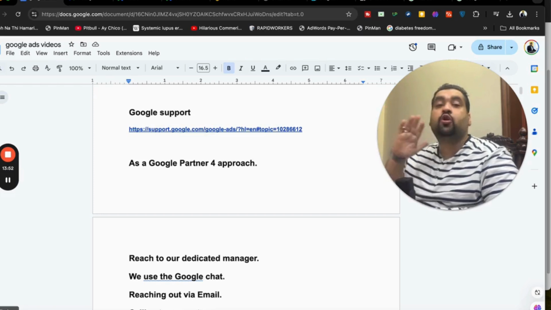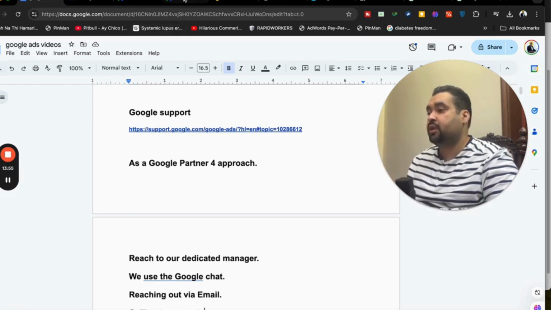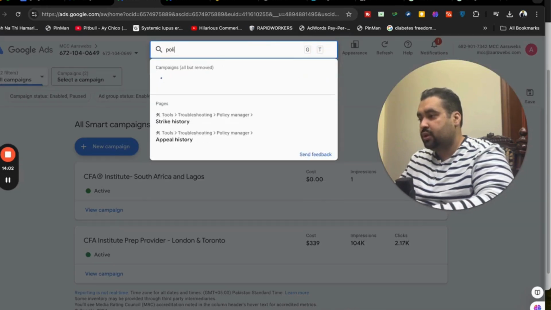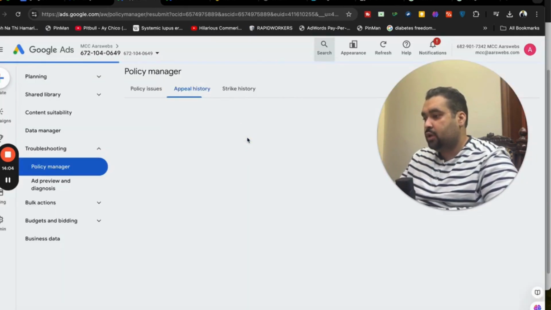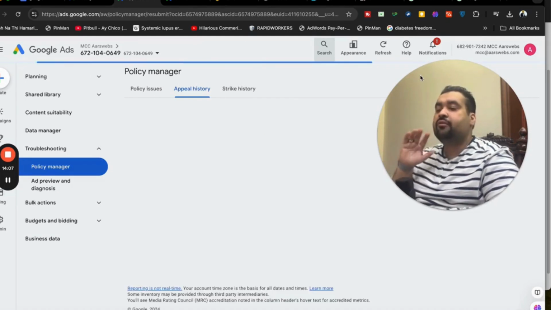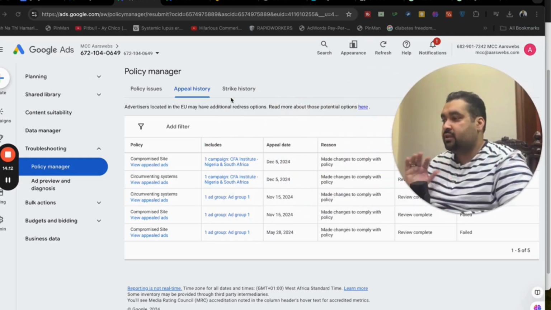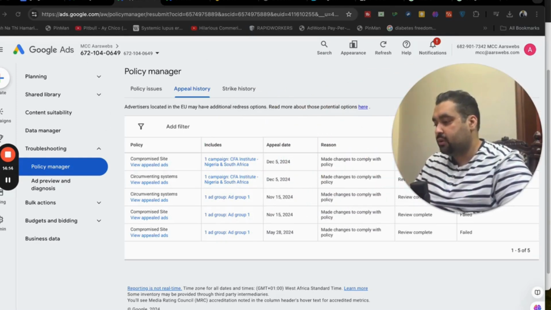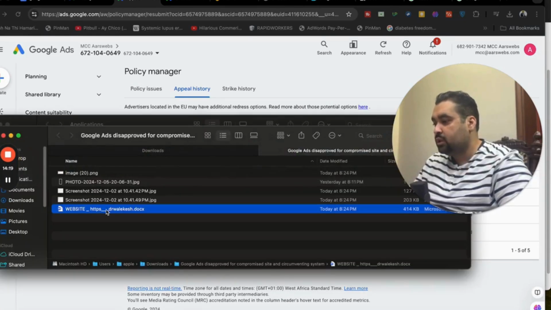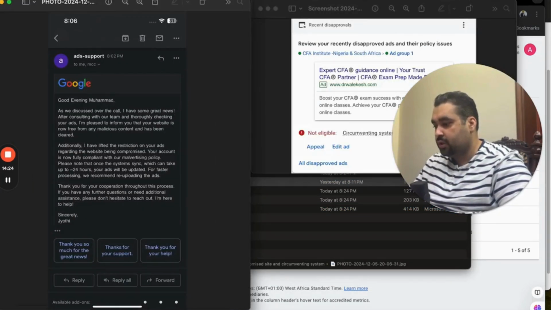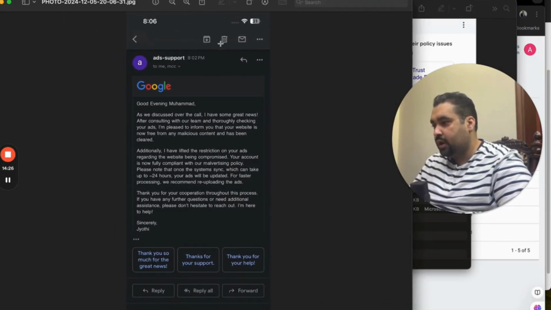And this was the scenario over here as well. We did not have to press the appeal. And I'm going to show you before as well. If I show you that the account has nothing active, in the policy manager you may see failed attempts. You can see that these are all failed attempts, and you can see the account as well. Now I'm going to show you, when we tried discussing with Google, and then suddenly, this was an email which we sent, and my staff got it, and you can see over here